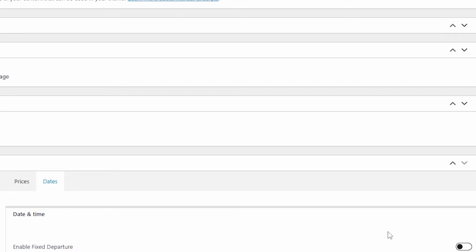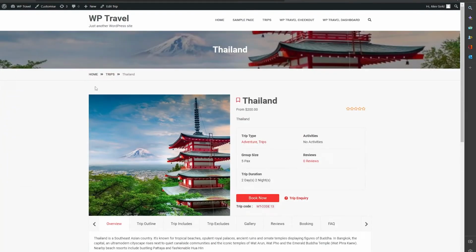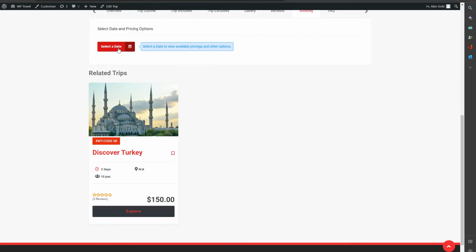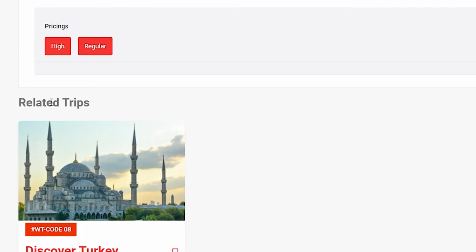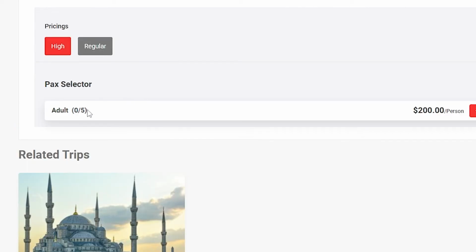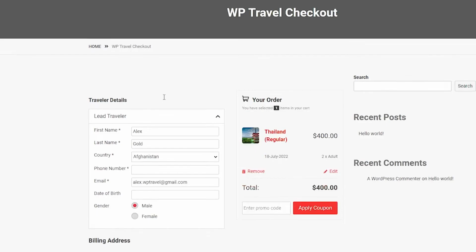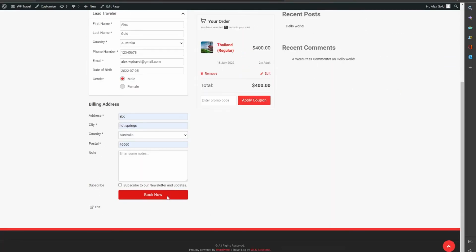Now let's just move to the front end section and see how our inventory feature is working. Okay, so right now as you can see, we are on our front end page, and here if you go to book now and select the date of your choice and select the pricing, like for example a regular, and right now you can see the max number of packs is 5, and if we book 2 out of 5 and click on book now and enter our payment details and click on book now with booking with payment or booking only,